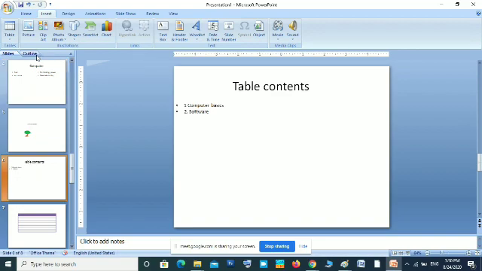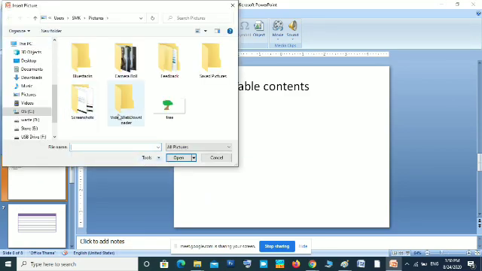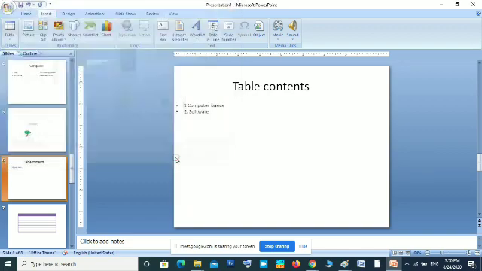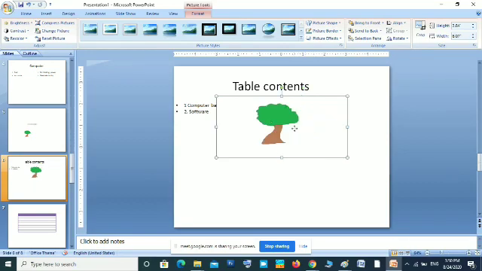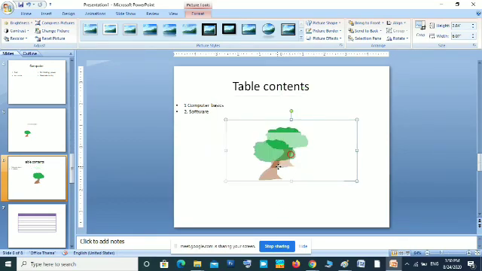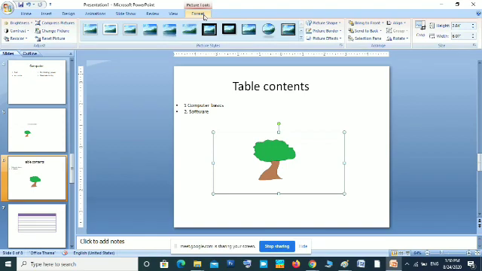Okay, to insert, just click the picture command in the illustrations group in the insert tab. So now you will get an open dialog box. From here you can select the picture, then click insert. So this way you can insert a picture. If you want to modify that inserted picture, you can use this format tab. Different formatting you can do in this format tab related with picture, so that you can check one by one.